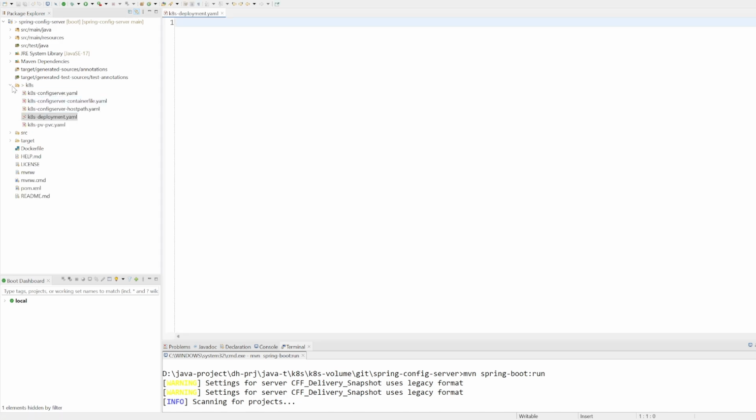So I'll create one YAML file, deployment.yaml. In this one, we'll start adding the deployment object related syntax. For creating any kind of object in Kubernetes, we need to specify the API version. This is very important to be specified, because it defines which API version we will be using for creating